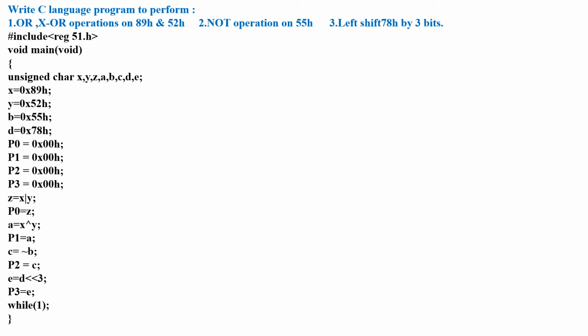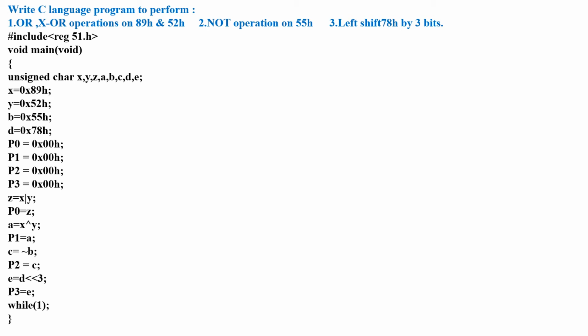Now from the program, put the value for x, y, b and d here. The results are to be displayed to port 0, port 1, port 2 and port 3, so all these are output ports. So you put the values 0, 0, 0x, 0, 0h.